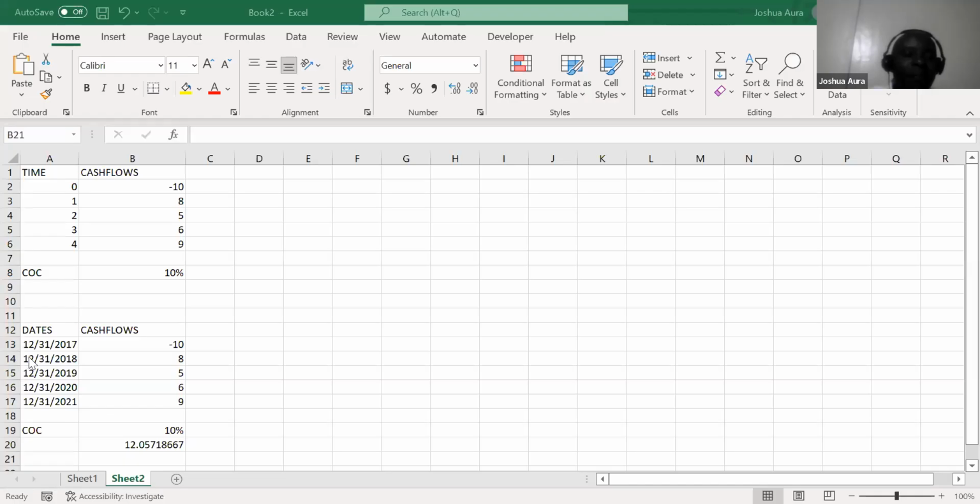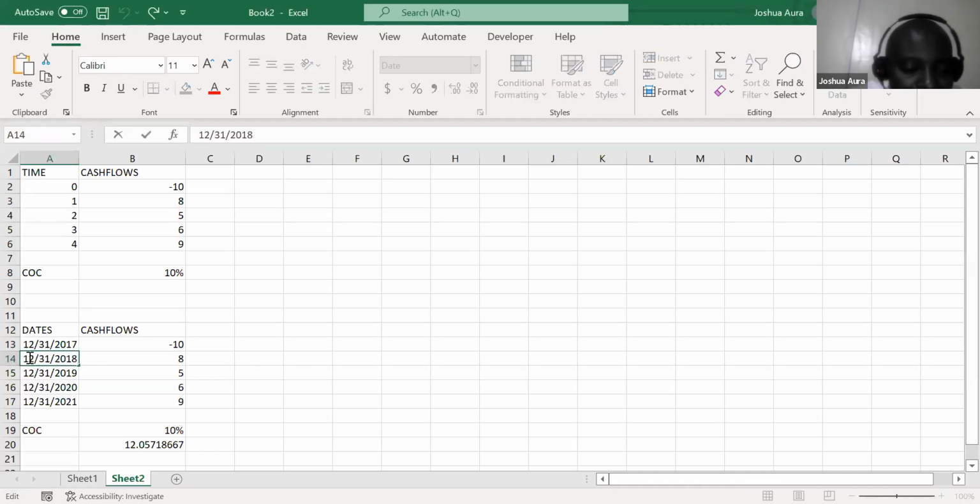Others are cash outflows on a daily basis, and so long as I have their dates, XNPV becomes a very, very powerful tool, because XNPV will be able to prorate the cost of capital even on a daily basis. For example, this date here, if I come here and say F2,